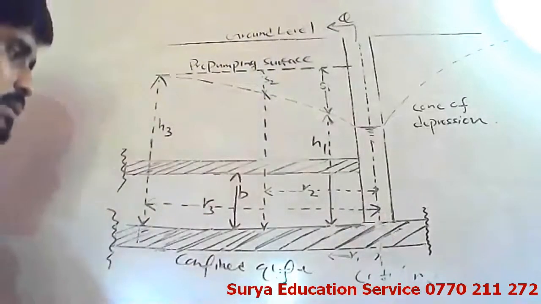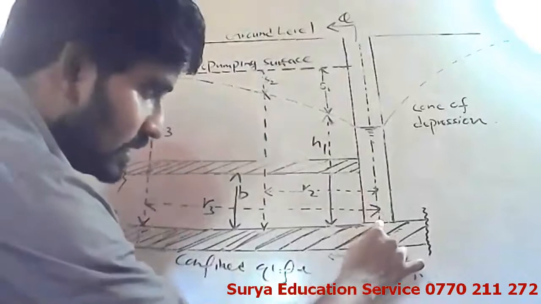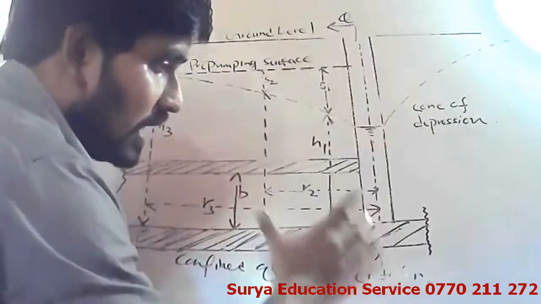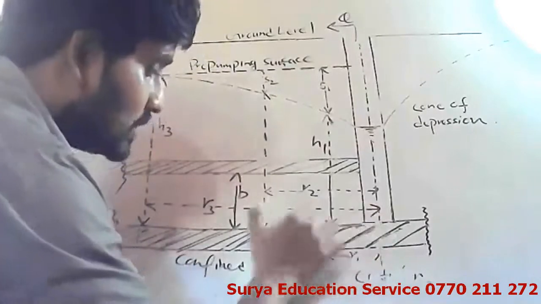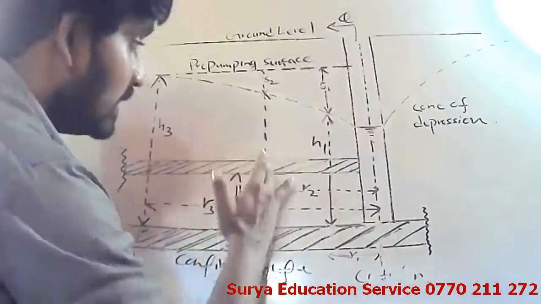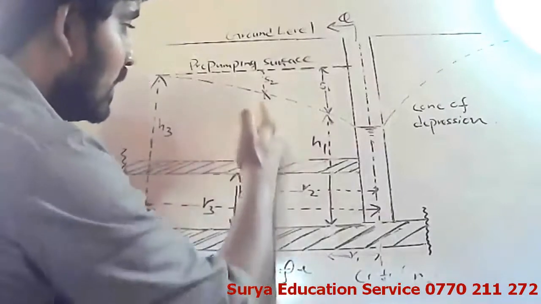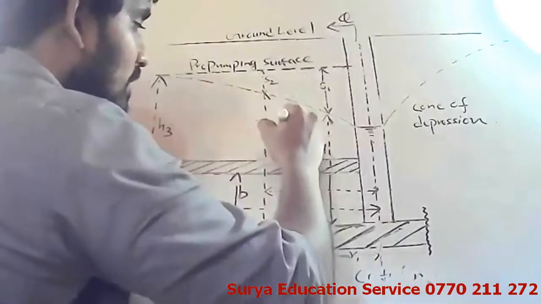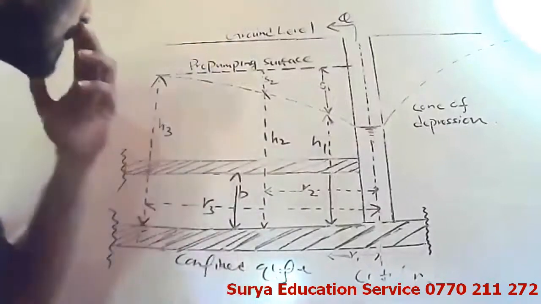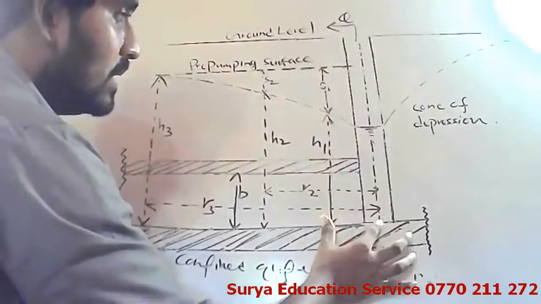Got it? Again, measure a horizontal distance r2 from this center line to here. What is the distance? That is r2. At a distance of r2, start measuring from this bottom surface by sketching a vertical line until it meets this curve. That is height h2. Okay, now again focus. Now here you can see, at a distance of r1.